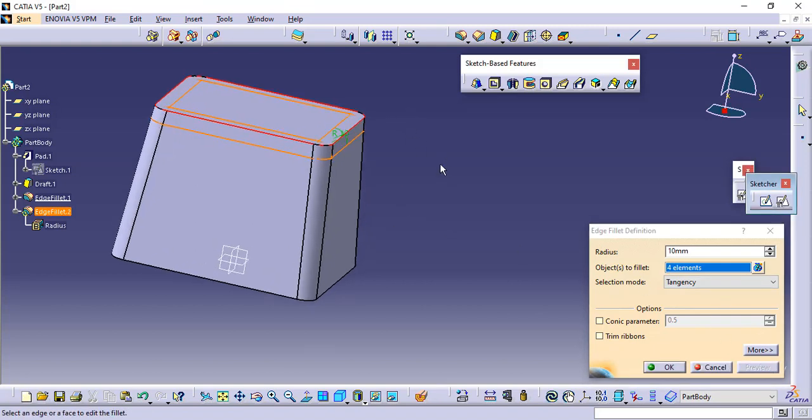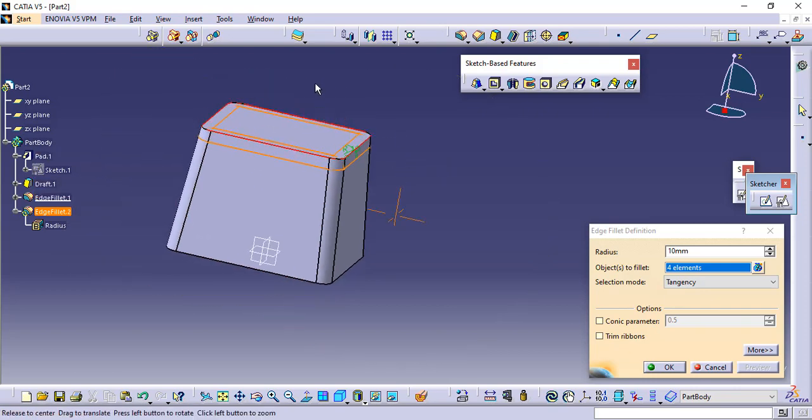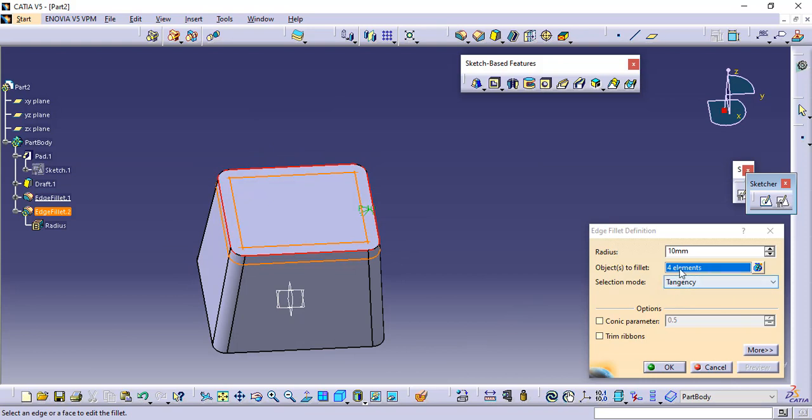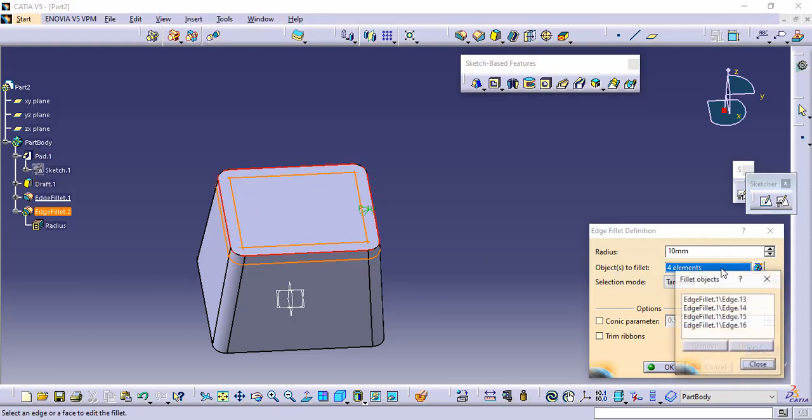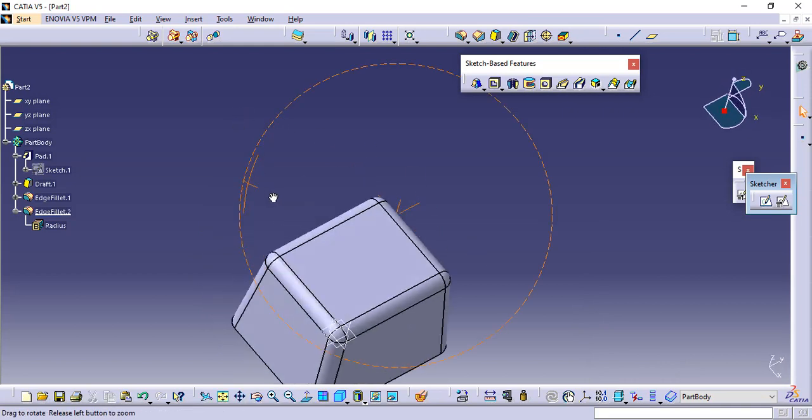and if you wish you can remove any of the lines. Like here we have selected 4 items, like 1, 2, 3 and 4. If you wish you can eliminate any line here just from this option. If I eliminate this line, remove, close, preview. Okay, now you may see the line is not removed, but we have removed it from this option.